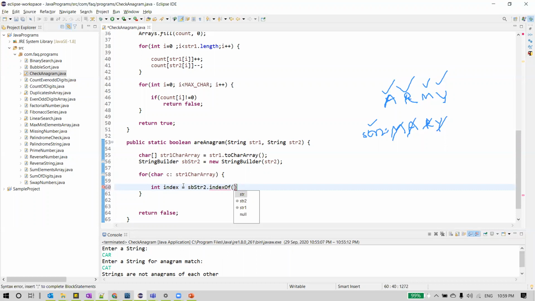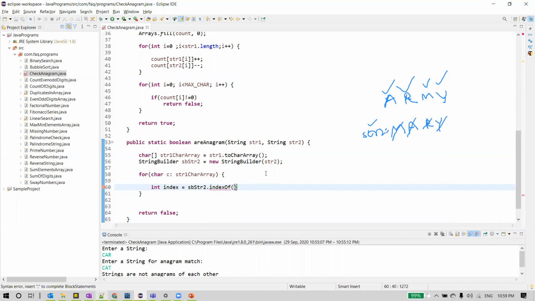And remember, this indexOf method takes a string. Usually what this indexOf method does is it returns the index of the first occurrence of a substring in a given string. This is the string, and whatever you pass it, it treats it as a substring, and it returns the index of the first occurrence of this substring in this string.